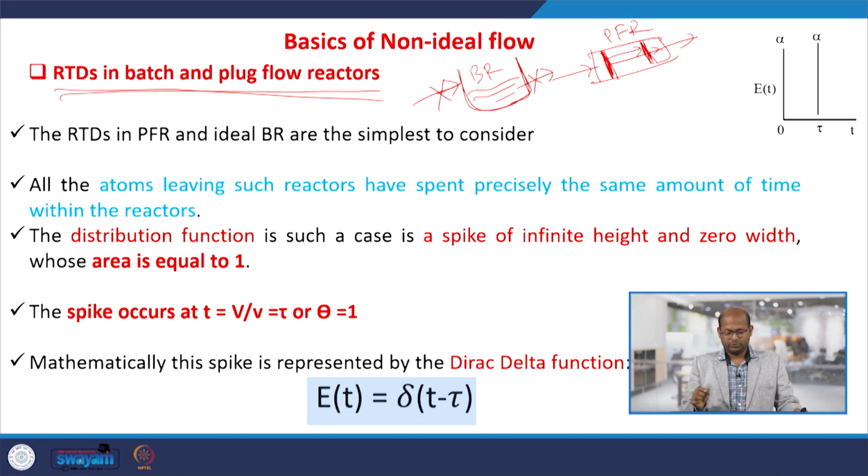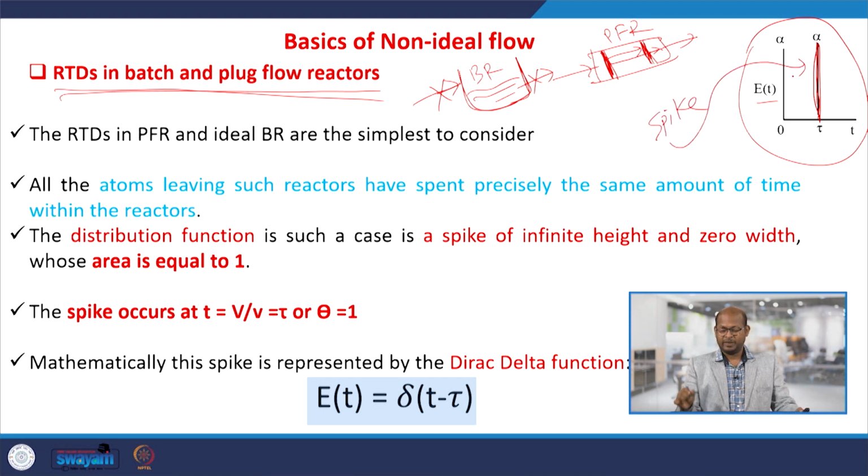When the reactor is ideal, you can see the E(t) curve, the residence time distribution function for this type of reactor, is usually a vertical line. That is called a spike. If we conduct a tracer test in a batch reactor or plug flow reactor, since these are perfectly ideal reactors,